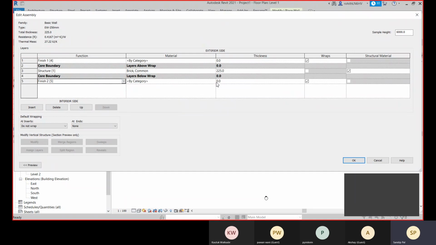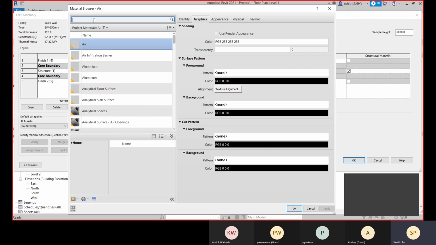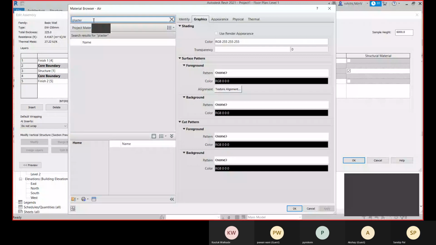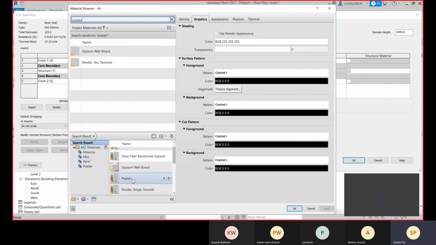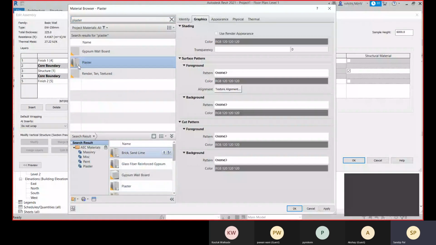And here what I'll do, I will provide the plaster, right? We will provide the plaster, correct? So here we have that option also. So search for it, and that is not yet applied in the project, so that's why we are not getting it in this project materials. It is not listed within this project material. This is available in the library. So from this library you need to add. So here is the option to add it, and then you can apply it.